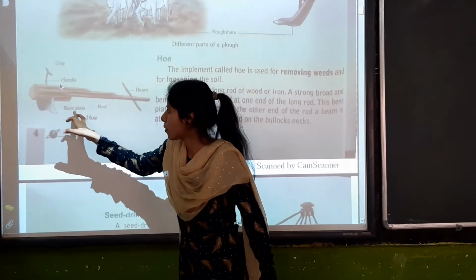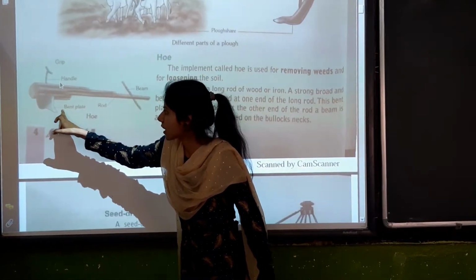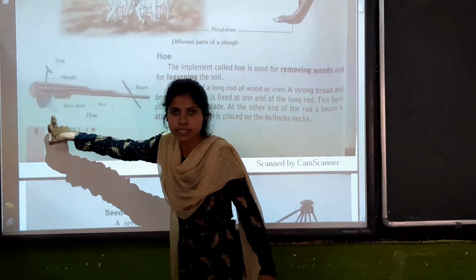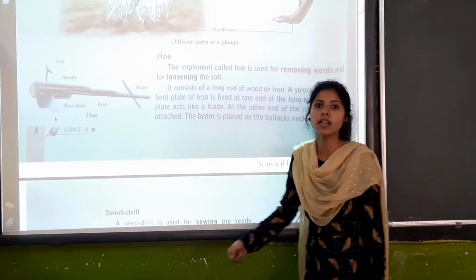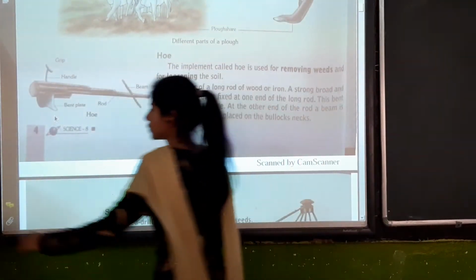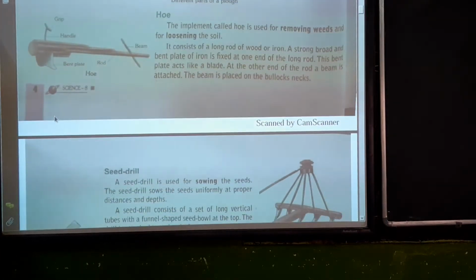Then it consists of a band pole or rod. Again, the band pole or the band plate is useful for digging the soil in the ground. Now we will move further to the third type of